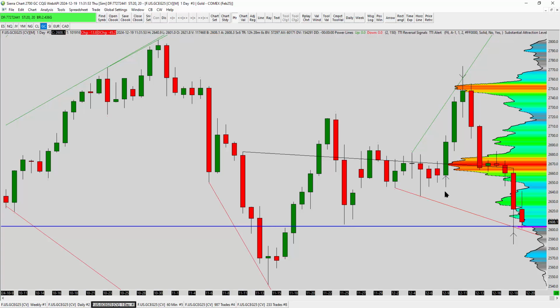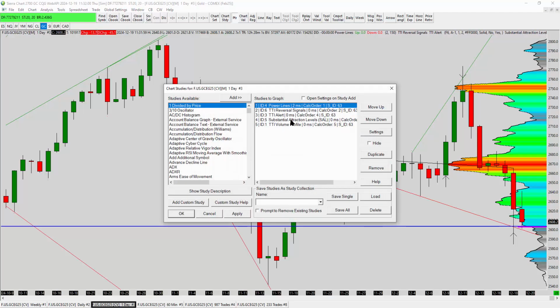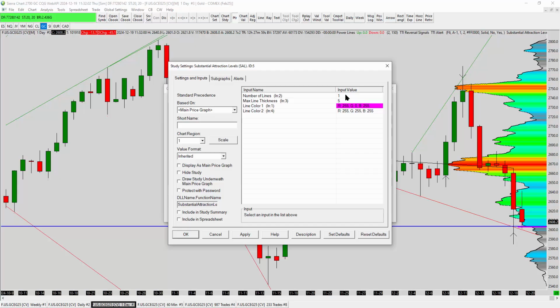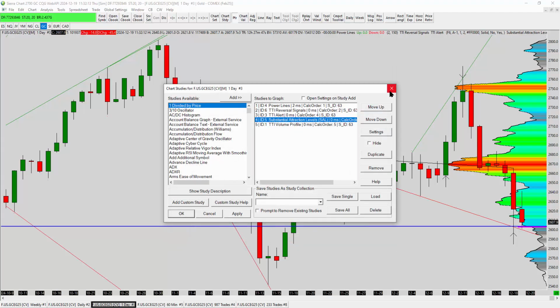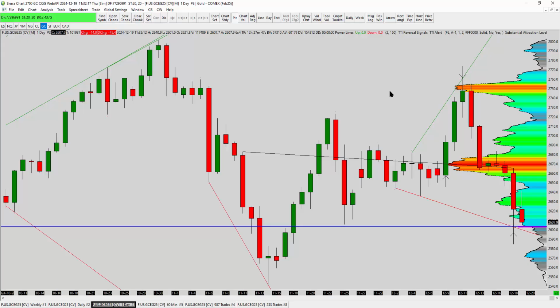And the SAL indicator consists of 50 levels. I can put 50 levels on the SAL, the substantial attraction levels. I can put up to 50 levels, right? I can customize them according to the color, according to the thickness and shade. The thicker and darker the shade is, the stronger the entry or the pending orders are. Now, that being said,